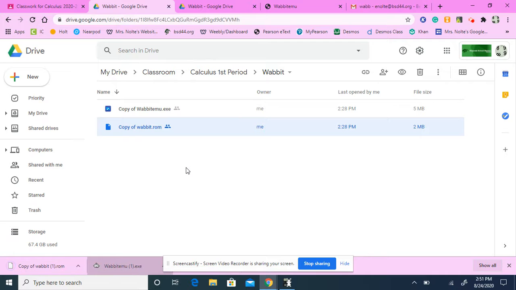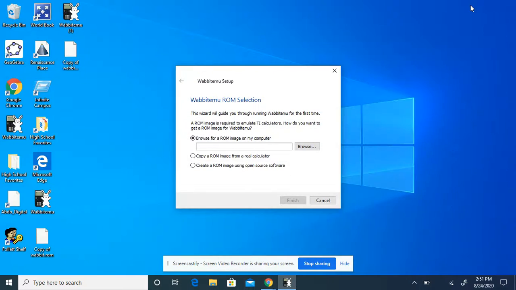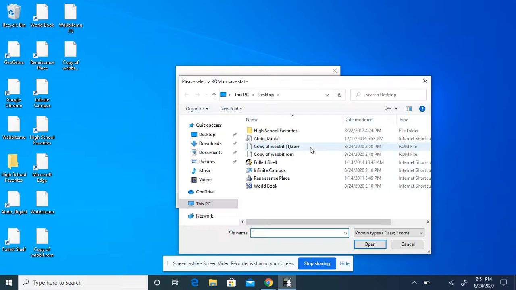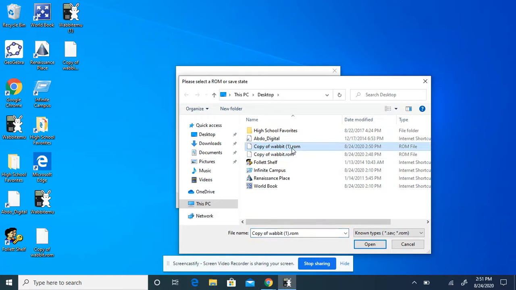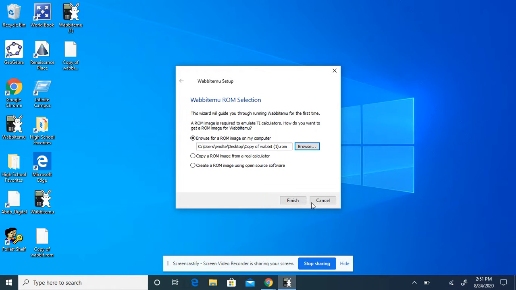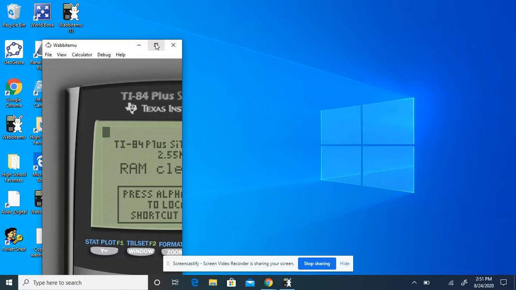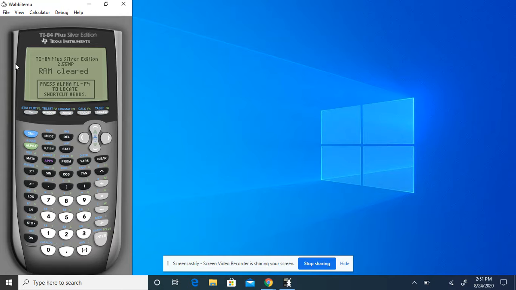Okay, so if I have that there, now what I'm going to do is, on my desktop, I think I've done this a couple of times already. But anyways, I'm now going to browse for that ROM that I just saved on my desktop. So I'm going to go to Browse, and on my desktop, I made a copy. So I'm going to use that copy of Wabbit. Yours is probably just Wabbit ROM because I've made 2 copies of this. Either will work though. Then we're going to hit Finish, and if you hit the little viewer, we now have